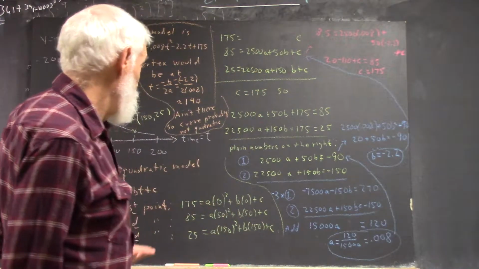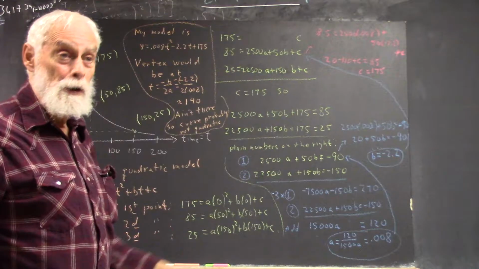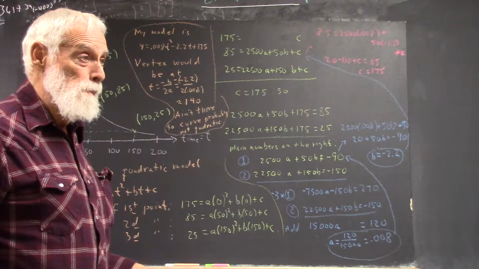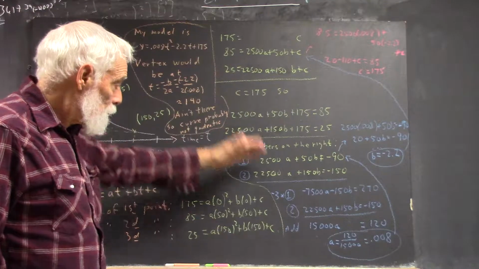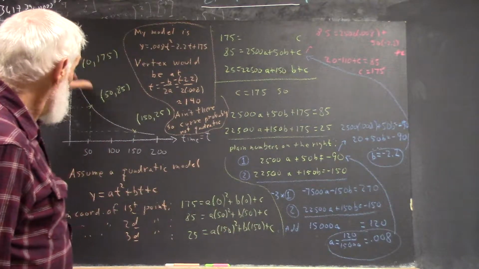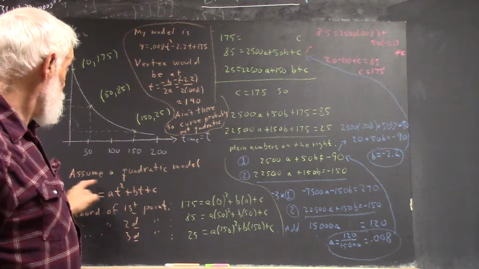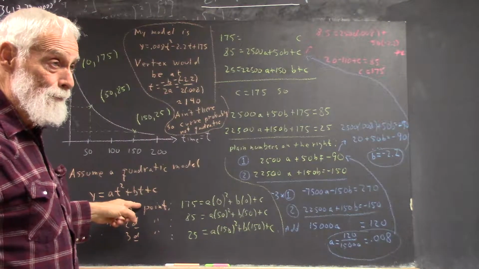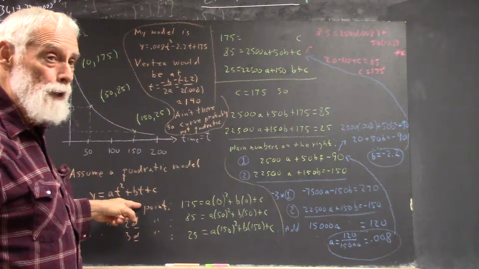So we all did this right, okay? So you did a good job. That's how you solve the simultaneous equations. That's how you get a model and test to see whether it's a good quadratic model. Test failed. Now, if the test had worked better,